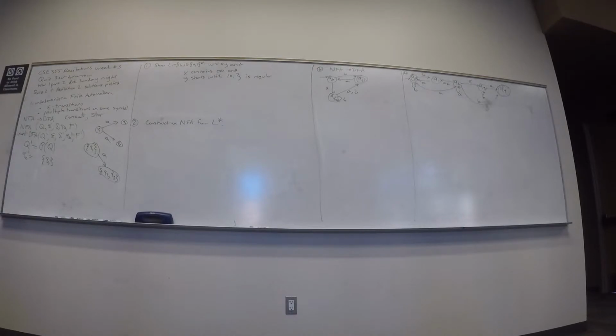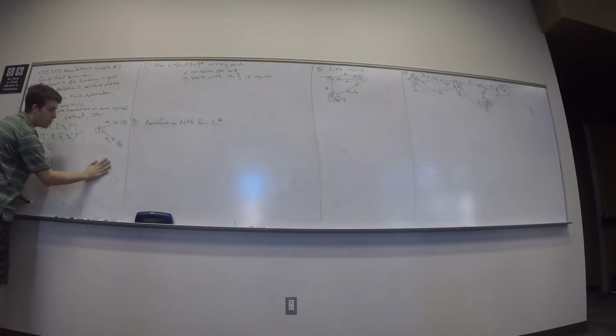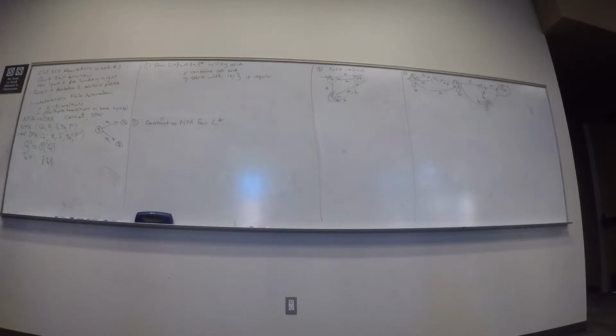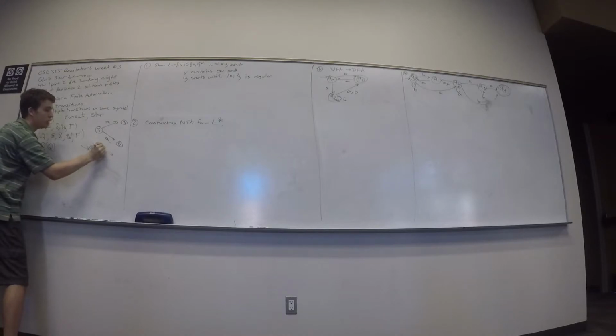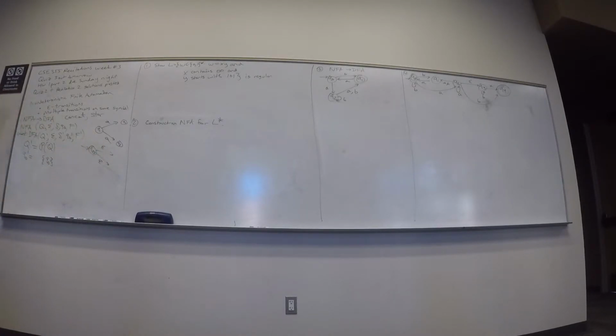But is this the whole story? Ooh, what if I forgot? Oh, but remember in a DFA, I can't have epsilon transitions, but in the NFA I can. So I may have a situation where I have the start state Q0, and it has epsilon transitions going out to different places. So I've got to somehow include those in the start state of this DFA that I'm making. So how do I include that? Something to do with epsilon, and closure.